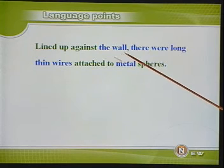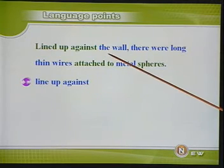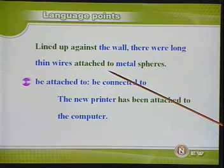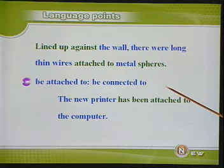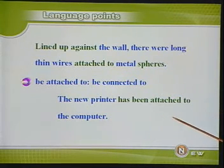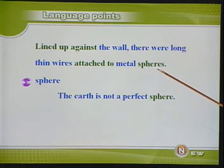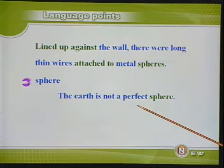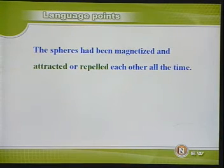Lined up against the wall. Line up means to form a line. Against 是说靠在墙上。Be attached to metal spheres. Be attached to 这是一个固定词组 means be connected to. Look at this example. The new printer has been attached to the computer. 新的打印机已经和电脑连上了。Metal spheres. Sphere means round ball shape. 球形或者球体。Look at this example. The Earth is not a perfect sphere. 地球并不是一个规则的球体。